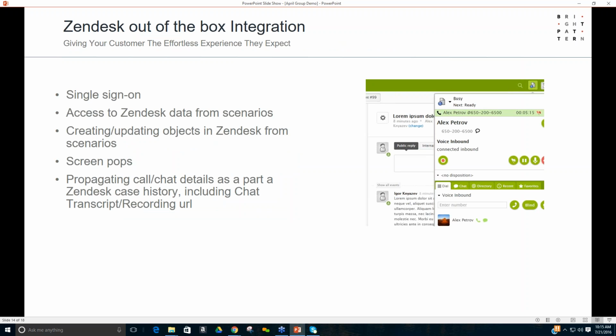So some of the integrations I talked about with CRM, it could even be order management systems and whatnot. The complex ones are very cool because we reside within those applications. So for Zendesk, for example, the agent just logs into Zendesk and there's single sign-on, and they do all their work right there in Zendesk. They're not having to toggle back and forth between Zendesk and the Bright Pattern agent interface. They're able to reside within Zendesk, which makes it pretty nice, and then everything from that transaction automatically populates where